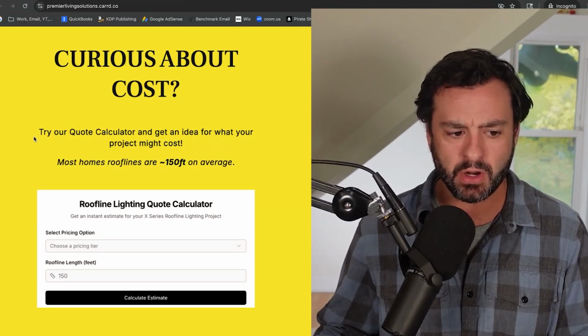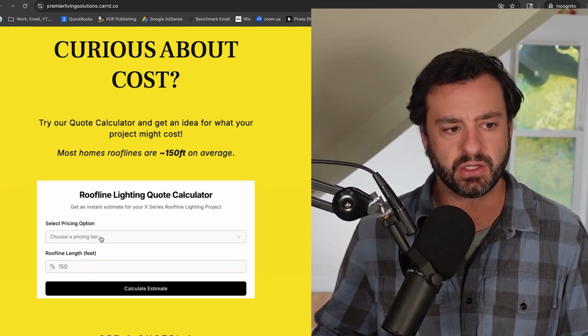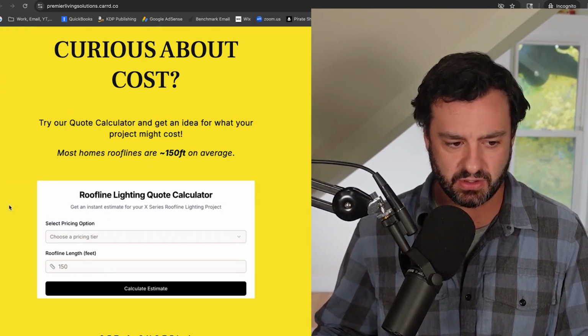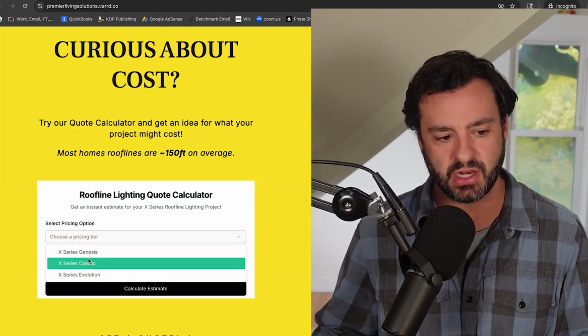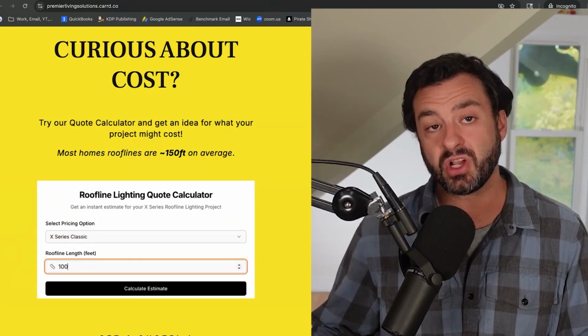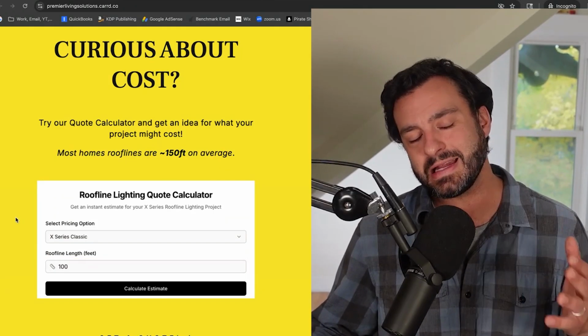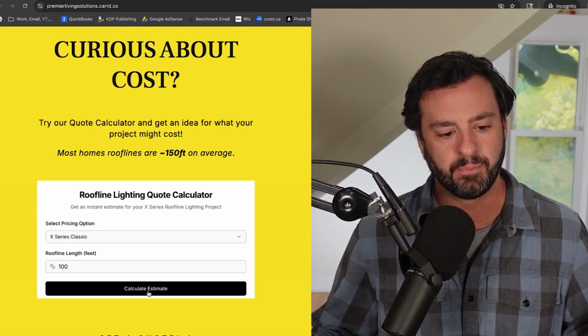So here it is in the real world, what it looks like on a website. Blake does Haven Lighting X Series products. So he's going to have 3 tiers here: X Series Classic, Genesis, and Evolution. Let's do Classic. Roofline length, the customer can play with it. They don't need to know exactly. They can say, I think it's 100 feet. How much does that cost? Okay, that's